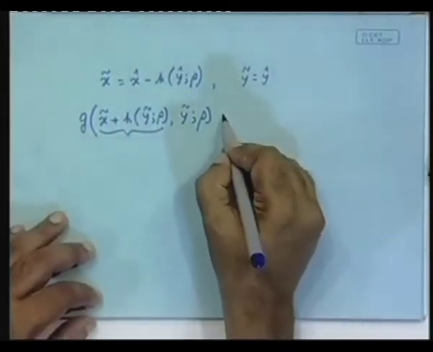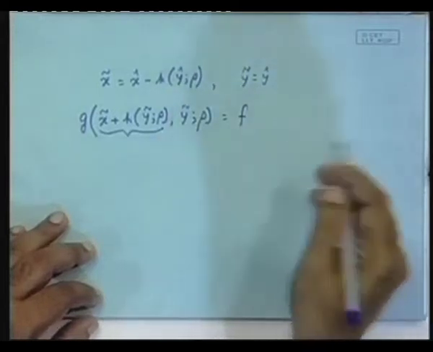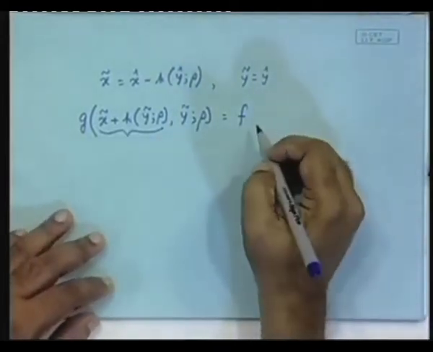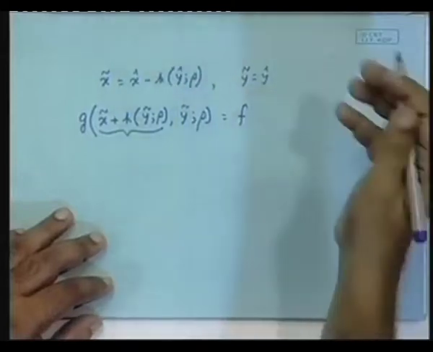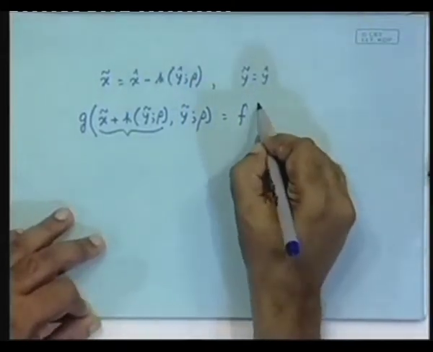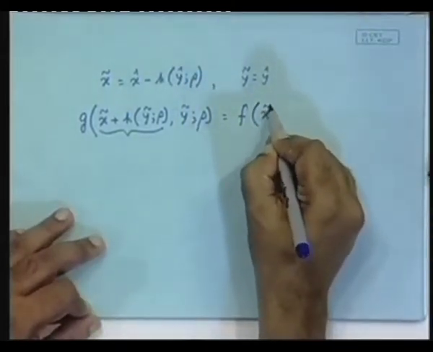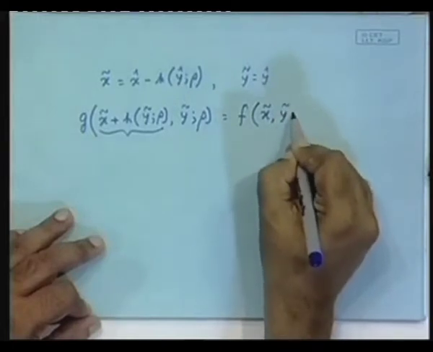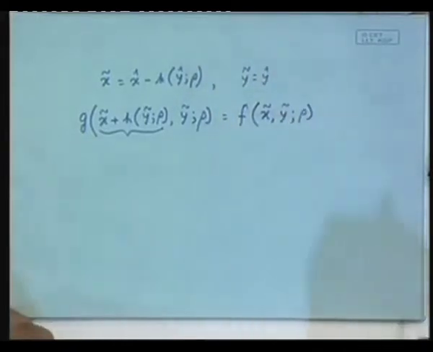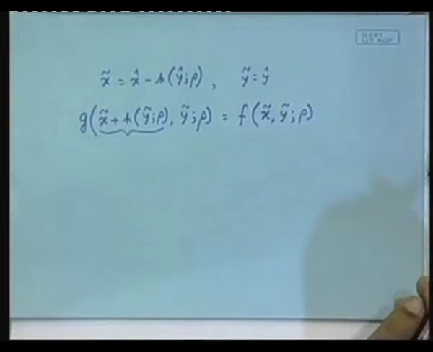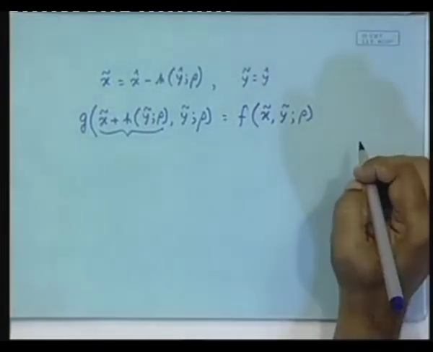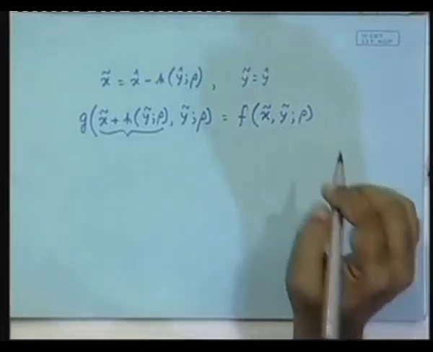Now, let us call it f. That is why I sort of kept f and started with g, because I wanted to later do with f. This is a function of x tilde, y tilde and rho. So, that is the first coordinate transformation that we have done. Okay. So, the border is now the